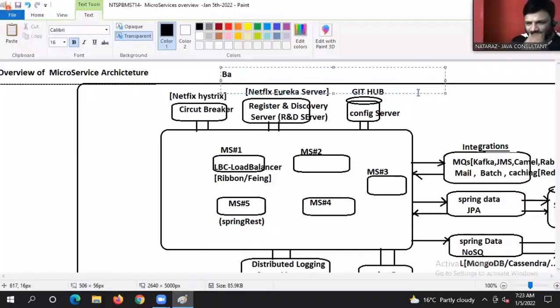Backend environment using microservices. Understanding my point?